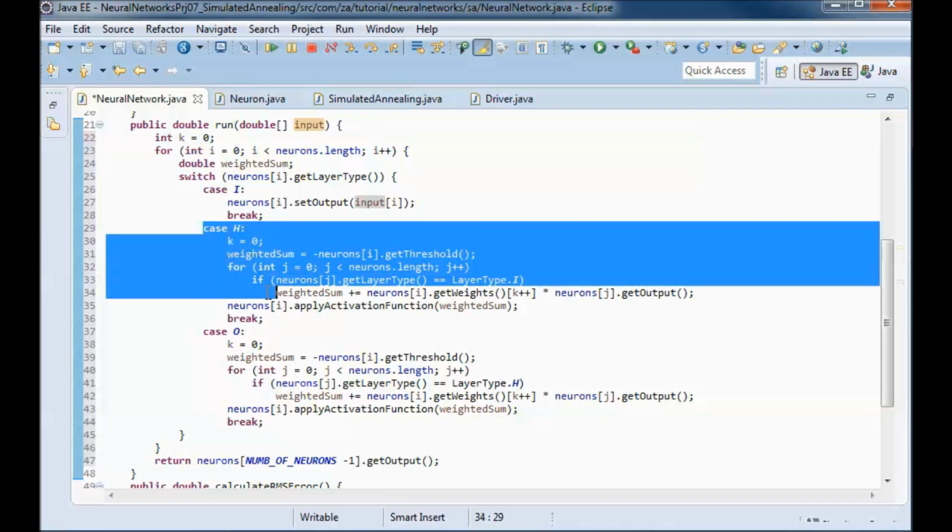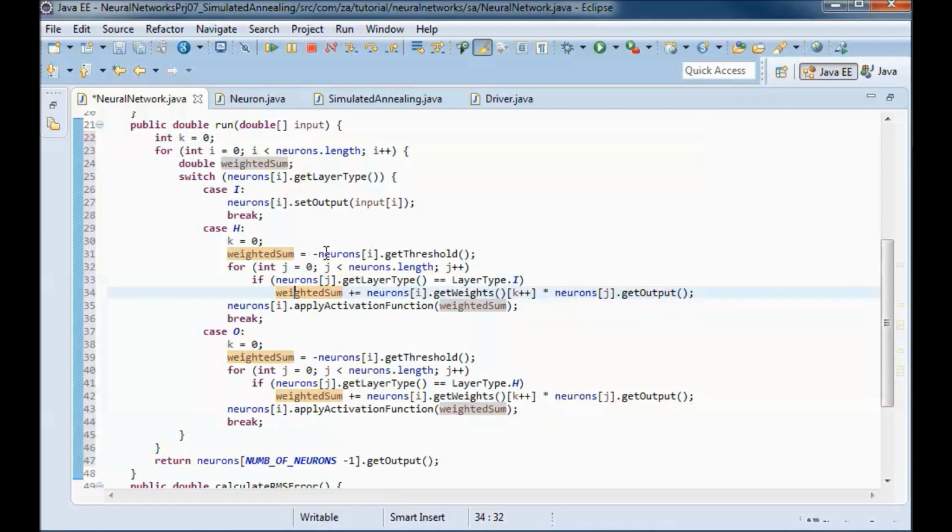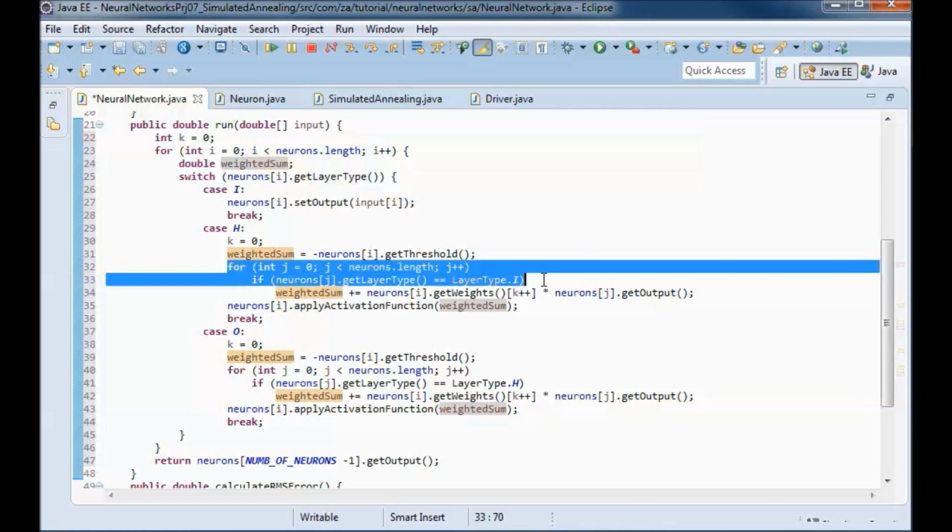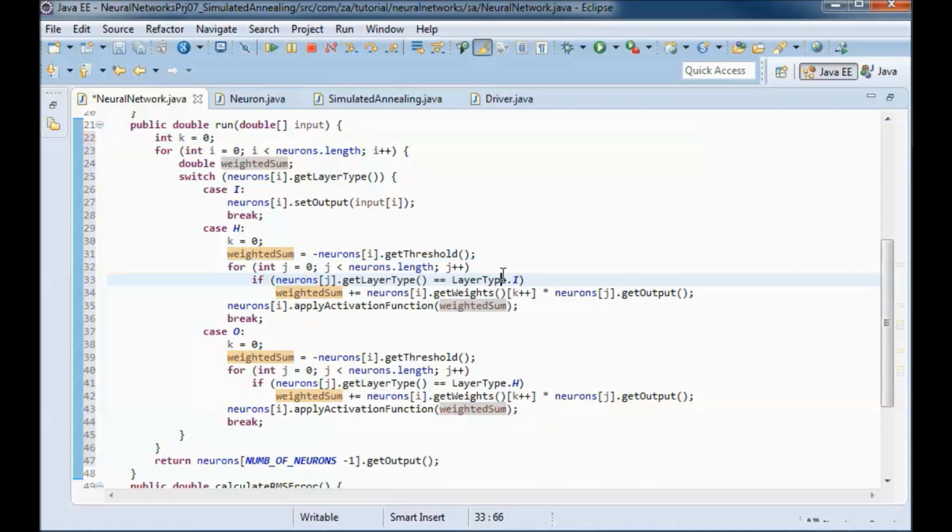And if it is a hidden neuron, then we add the threshold of that neuron to the weighted sum, and then we go through all the neurons, checking which one is an input neuron, and we pick up the outputs of that input neuron one at a time, multiplying them each time by the weights of this neuron. And we end up with a weighted sum that we pass to the apply activation function.